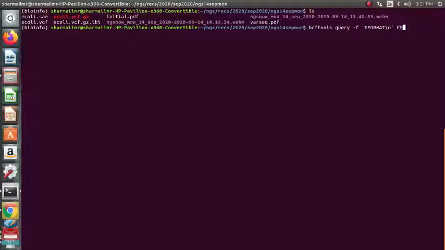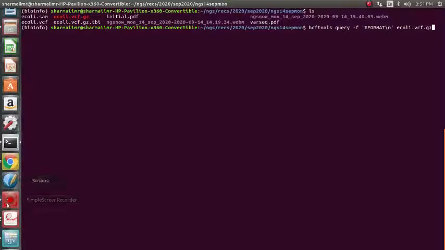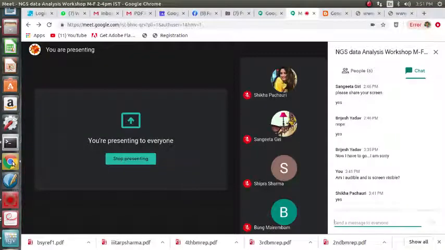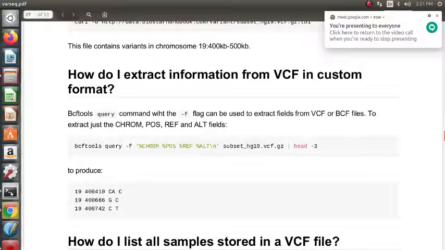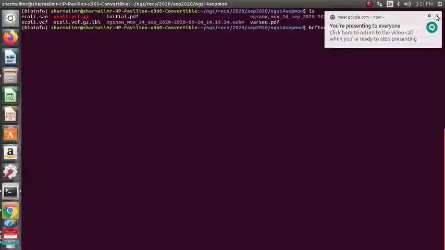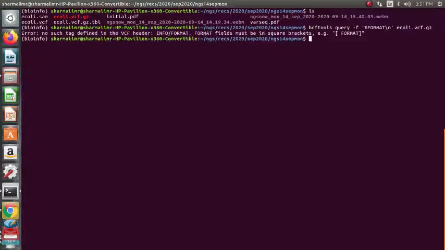And then equal dot vcf dot gz. This way, if we go back to this, we can parse the VCF file excluding the headers. Okay, no such thing in the VCF format, info format. Format fields must be in square brackets, for example FORMAT.